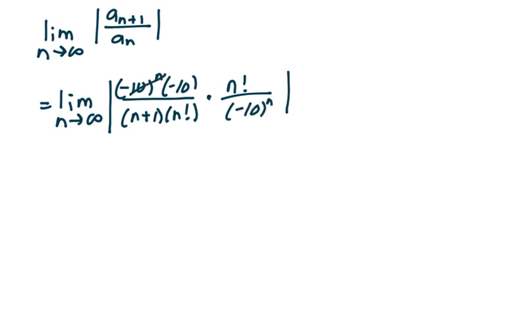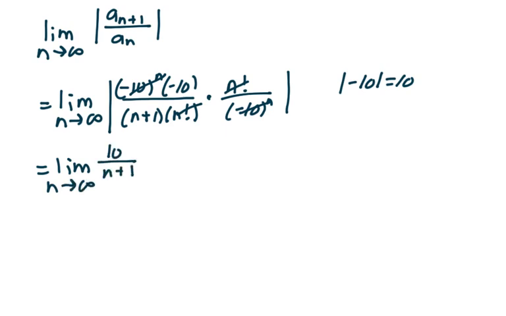But the negative 10 to the n's cancel, the n factorials cancel, and remember the absolute value of negative 10 is 10. And so this is the limit as n goes to infinity of 10 over n plus 1, which is 0, and that's less than 1. So what this tells me is that the summation from n equal 1 to infinity of negative 10 to the n over n factorial